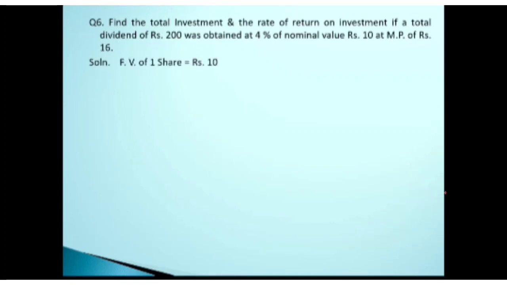All right. So face value is given to be rupees 10 over here. Then the rate of dividend is 4 percent. After that, the total dividend is 200. The number of shares was not given. It is a little tricky question. That's not exactly what we had done in the last question. So we had to assume the number of shares, and that is taken to be X. Total dividend is already given to you. Remember that.